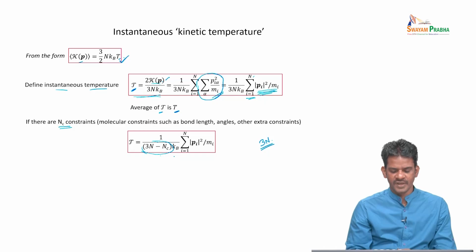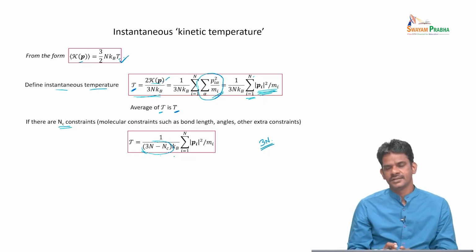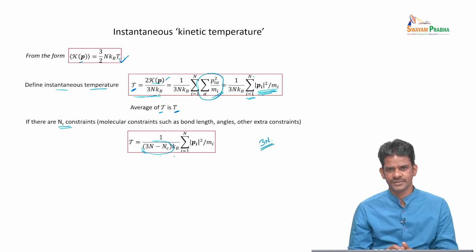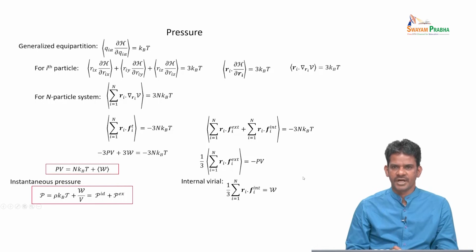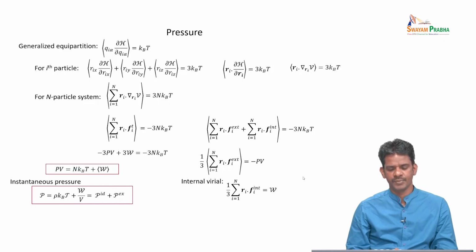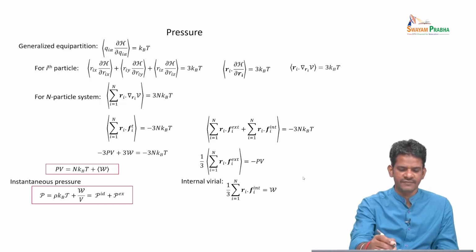So, we are now able to see that the temperature in the system can be related to the momentum or the kinetic energy. Next, we will look at pressure: how pressure is measured in a simulation using microscopic variables such as position and momentum. To do that, we take the second